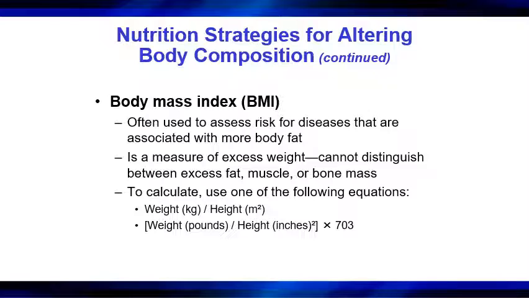And basically, you can calculate it one of two ways. You take either a person's weight in kilograms, divide it by their height in meters squared, or you take their weight in pounds, divide it by their height in inches squared, and you multiply that by 703. Either way, you will get your